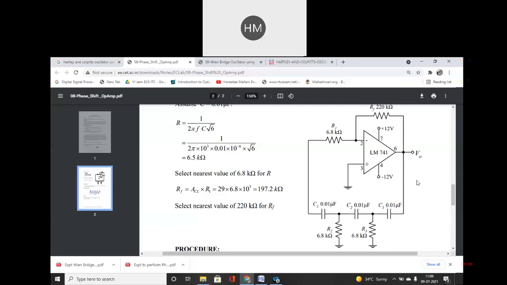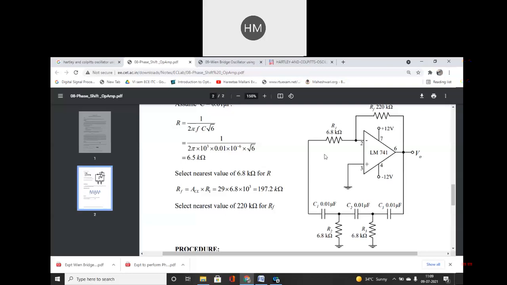See students, the basic concept of inverting and non-inverting will never change. Here you have marked a point A, and the whole circuit is connected to it. The gain of an inverting amplifier is always given by minus RF upon R1, that will remain the same. That is why we call the feedback factor beta, minus RF upon R1, which should be greater than or equal to 29. If this value is not achieved, you won't get oscillations at the output. So this ratio you have to maintain for RF and R1.